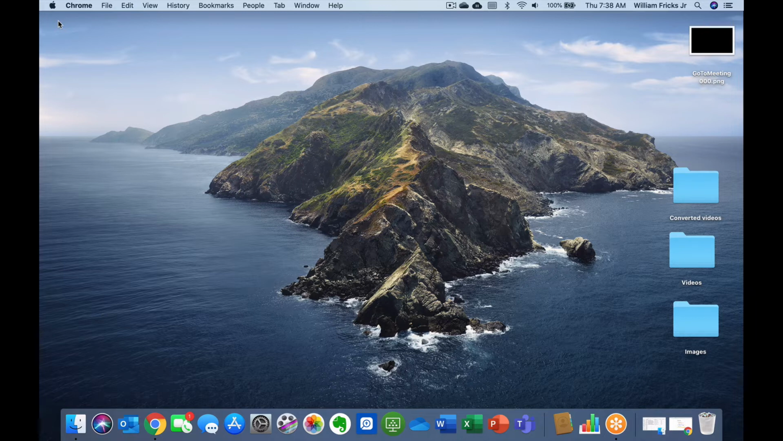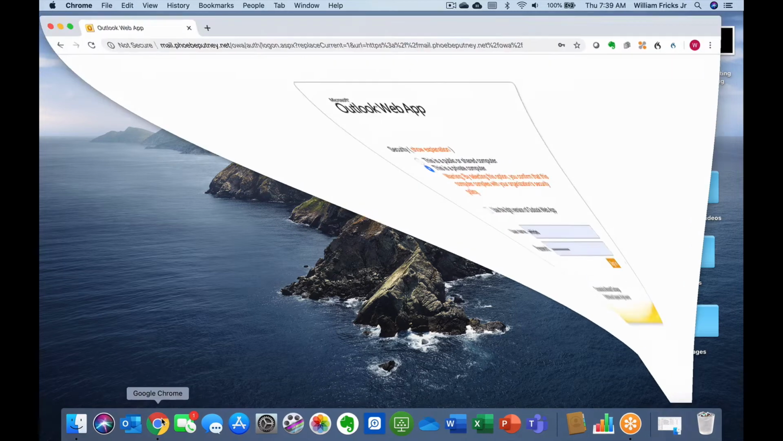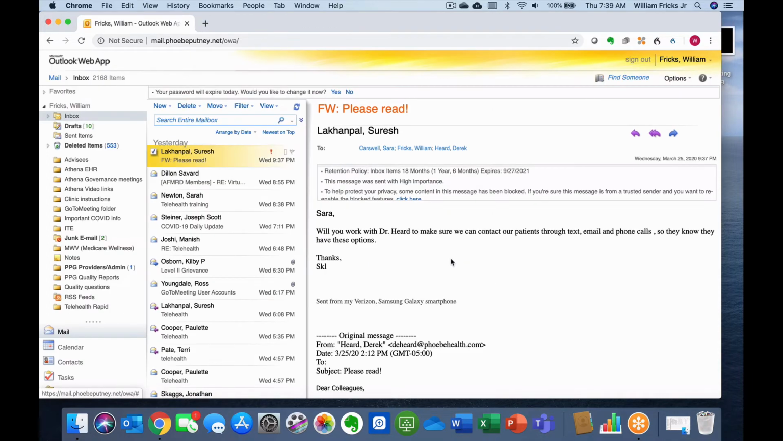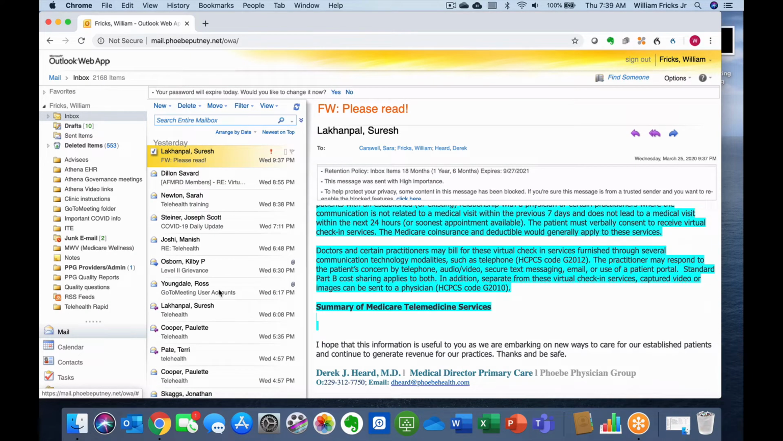If you already have a method for accessing your work calendar, that's great. Any calendar app works as long as it is connected with your Phoebe email. But if you want a tip, this is what I like to do. If you open a web browser, you can go to www.phoebeputney.net, not .com, .net, and it'll open up this page. You can sign in with your normal Phoebe username and password and your Phoebe email. If you come down here to your calendar,